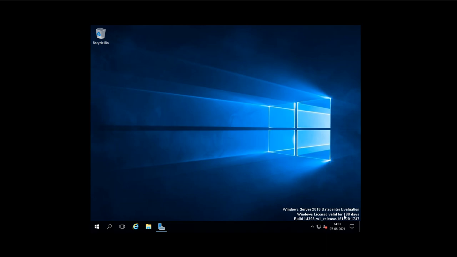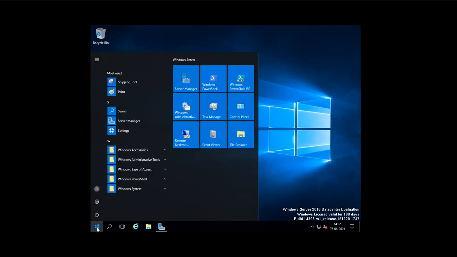Now if you see this, it looks the same as Windows 10. If I press the start button, it is the same as Windows 10 but less graphical. Less graphical means it is not as graphical as Windows 10, and it does not have those tools or pre-installed applications which are available in Windows 10.